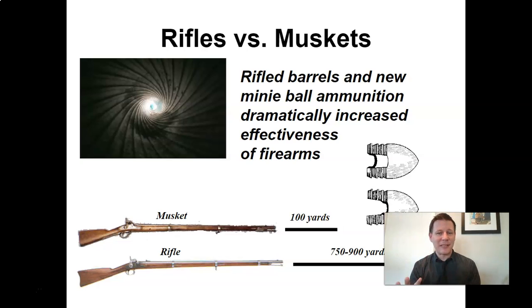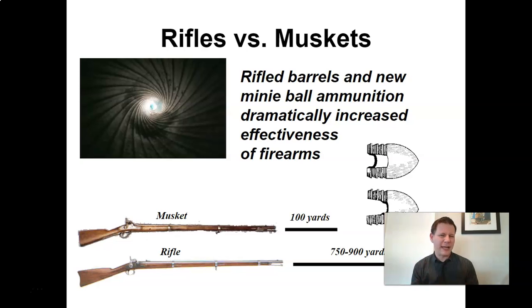That didn't apply anymore because war had changed. Technology had changed. New invention called the mini ball, you can see a little picture of it there, revolutionized tactics, and in the Civil War they were a little slow to figure out how much things had changed. The mini ball is named after a French inventor, I think Georges Manet was his name, and you can see it kind of looks like a modern bullet. Before this, bullets were just little solid lead balls, but the mini ball is pointed, and it's kind of like, you ever see one of those Nerf footballs, right? It's like a football, right?